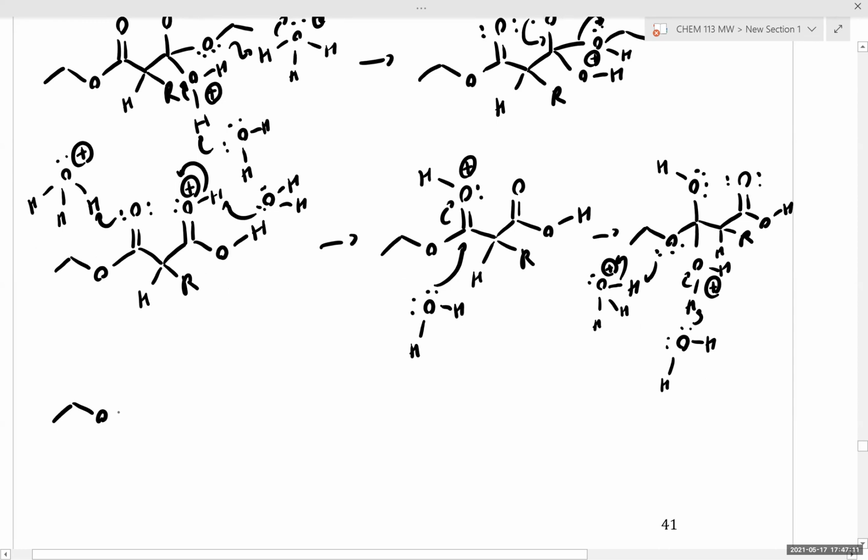Okay, so we're now approaching the key step for this reaction. We're just about to get our dicarboxylic acid,